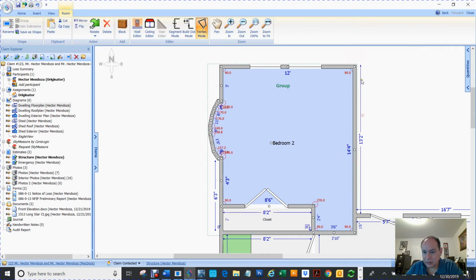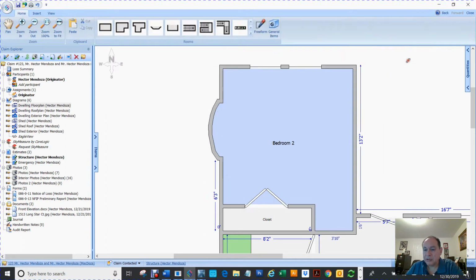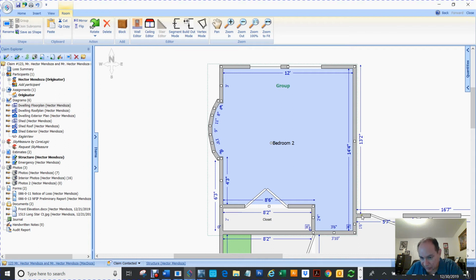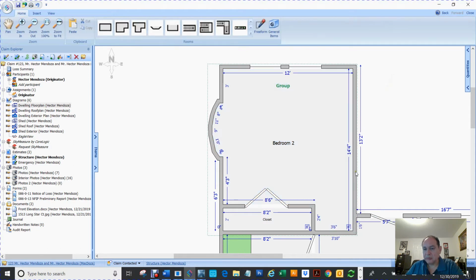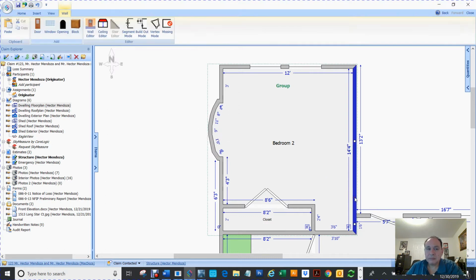It might not let me. Oh, it's not gonna let me because of that guy right there. You see that? The only way you could change it is if you went in here and then